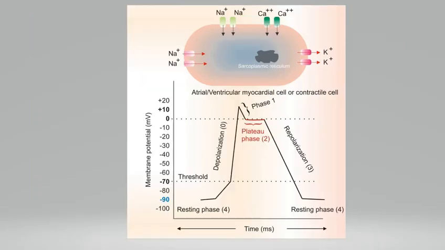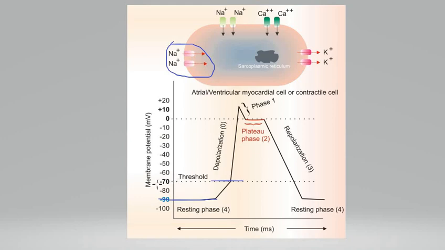So far I discussed the steps involved in depolarization and repolarization of the nodal cells. And now I am going to discuss the steps involved in depolarization and repolarization of the contractile cell. As stated, the resting membrane potential of the contractile cell is about -90 millivolt. The adjacent pacemaker cell or contractile cell stimulates it, or it receives some cations from the adjacent nodal cells, and this raises the transmembrane potential up to -70 millivolt. This point is also known as threshold membrane potential.